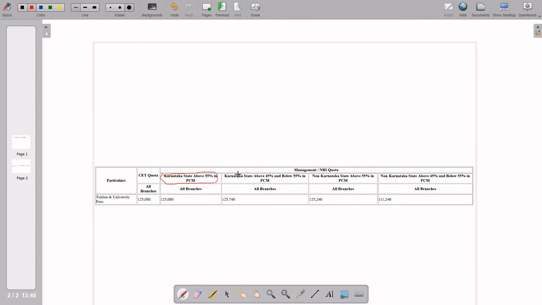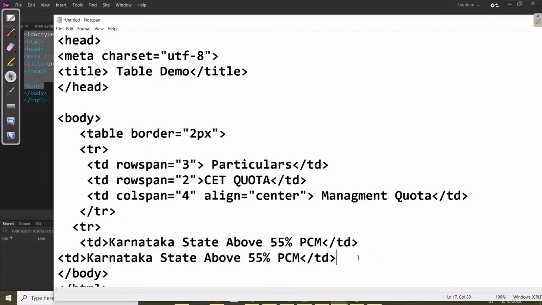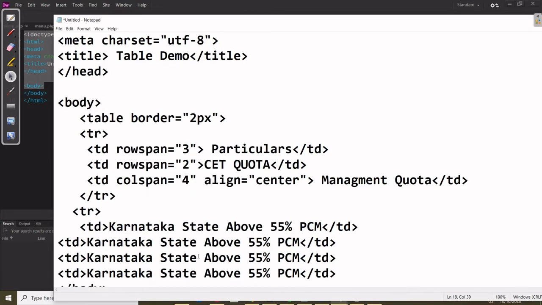This is the above, this is the between 45% to 55%. Okay, so same with the 4, only the statement will change. Control V 4 TD, because the 2 are already merged there.